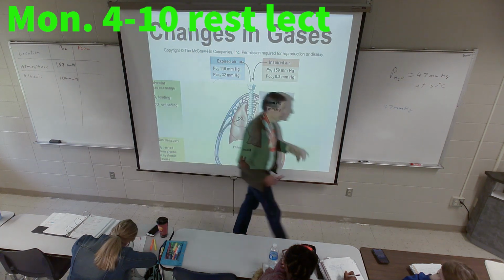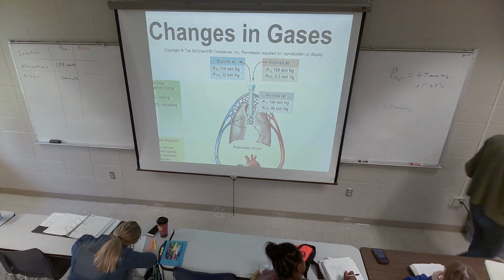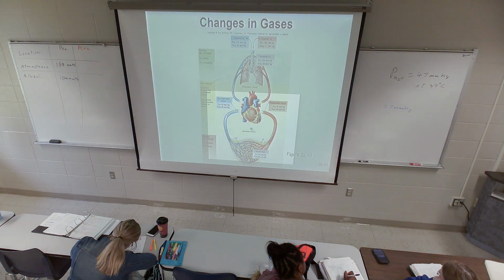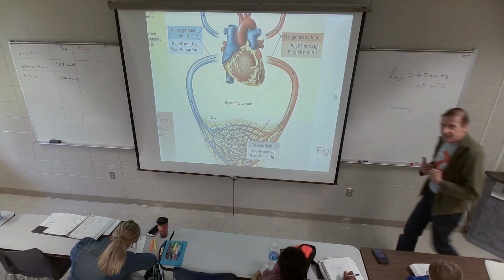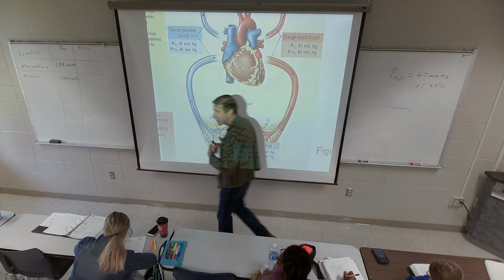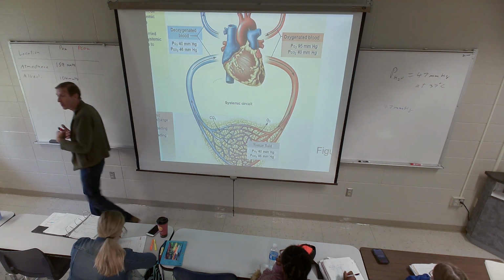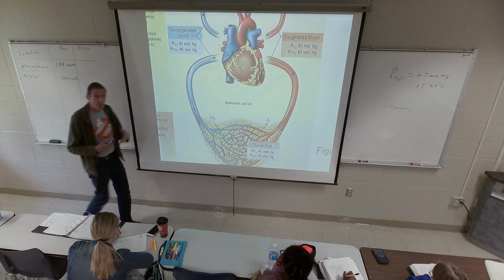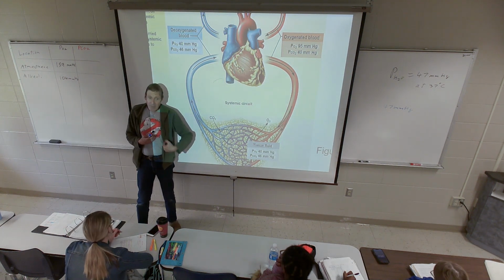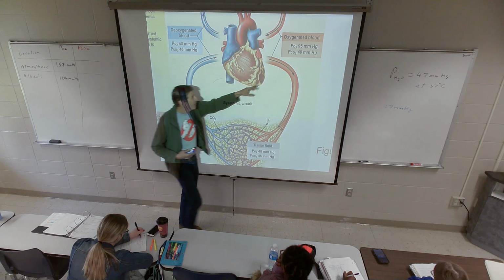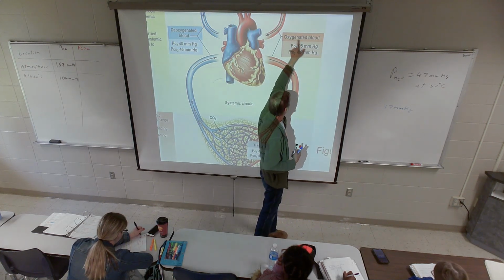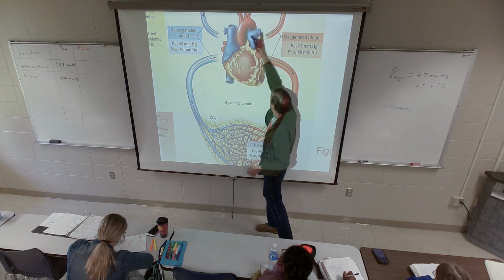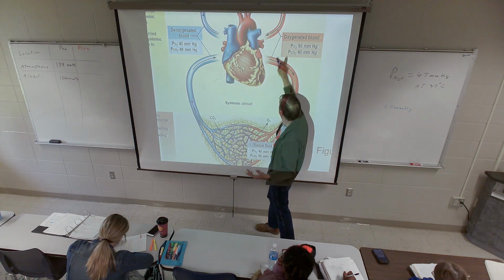Now, the rest of these partial pressures, once you're in the alveoli, that's kind of it for the lungs, but I'll go a little lower. In the lungs, the gases will basically reach equilibrium with the blood in the pulmonary capillaries. Your lung is very efficient at diffusion, so you're going to reach equilibrium. If you sample the blood leaving your lungs, say in the pulmonary veins, this is what they call oxygenated blood. And it doesn't matter if it's pulmonary veins or systemic arteries, they have the same amount of oxygen.